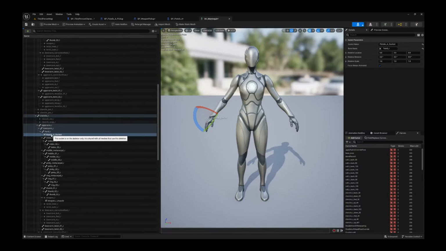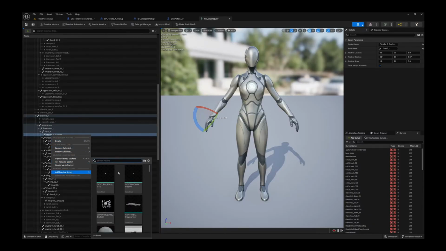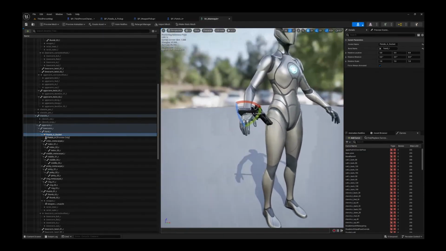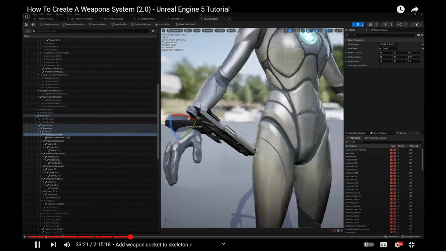So I can then right click on Pistols A socket and add preview asset. And I'm going to find my Pistols A skeletal mesh. And I'm going to put this more or less